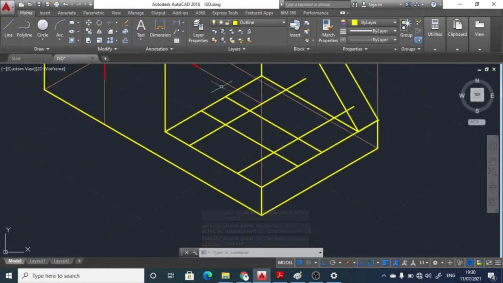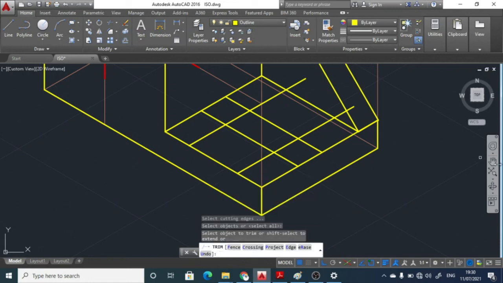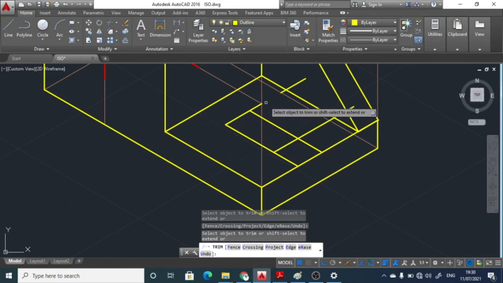Whatever rest of the part is there, we're going to trim now. So TR, double enter, trim these lines which are not required or not a part of the rectangular slot. Like this we can trim over here.